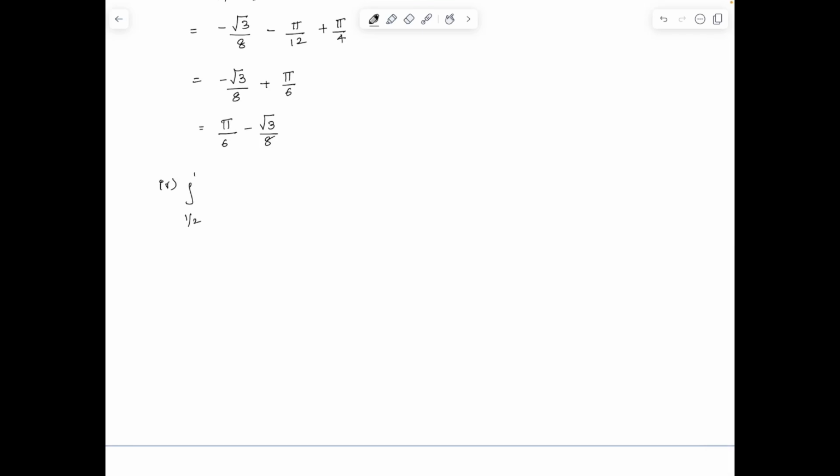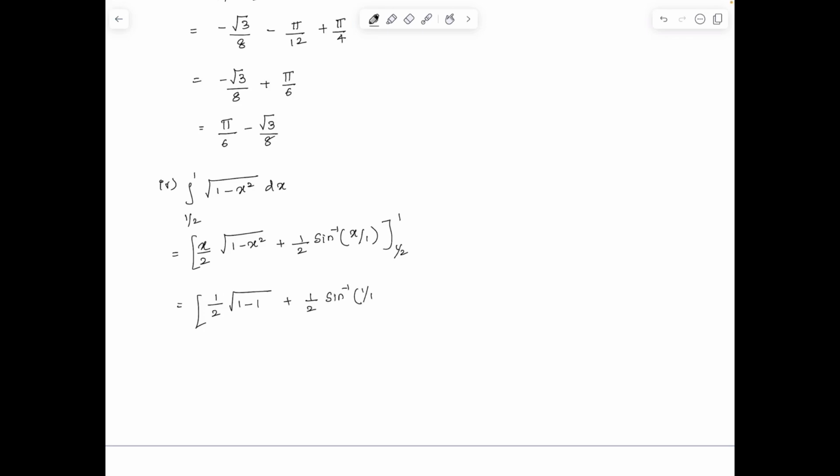Subdivision 4. Value of integral half to 1 square root of 1 minus x square dx is equal to x by 2 root 1 minus x square plus 1 by 2 sine inverse of x by 1, limits half to 1. Applying the limits, we get 1 by 2 root 1 minus 1 square is 1 plus half times sine inverse 1 by 1